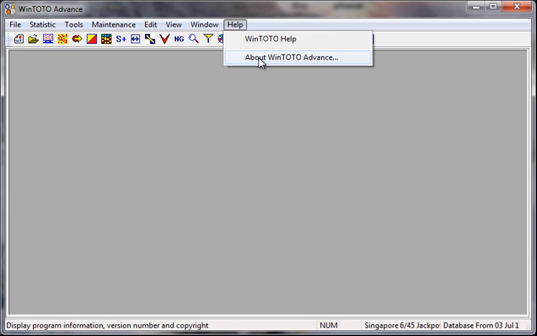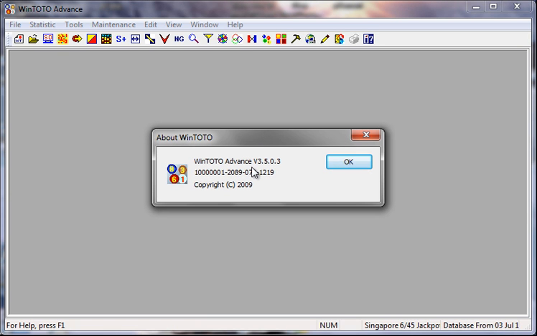Now, when you buy the WinTOTO Advance, let's click on Help and check About WinTOTO Advance. Alright, now this is where you get to see, first and foremost, the version number you are on, which is version